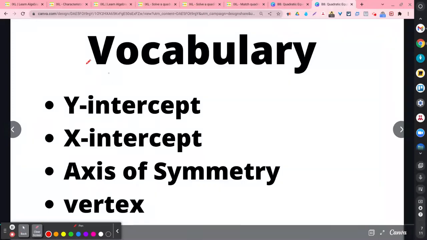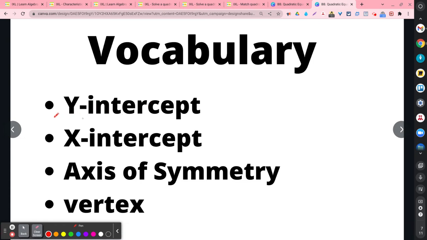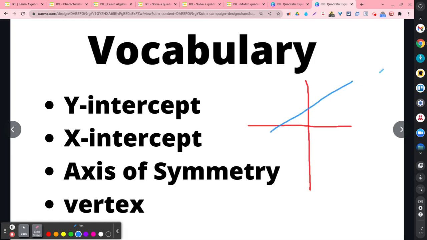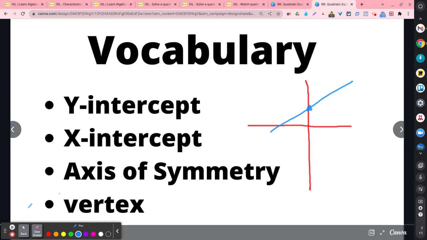Okay, students, so here are the explanations for these words that we're going to be using a lot for this module and this section. We used this before, y-intercept. If you remember, this is the y-axis, this is the x-axis, and therefore the y-intercept is the point where it crosses the y-axis. Before we were talking about linear equations, so the point where it crosses the y-axis looks like this, but